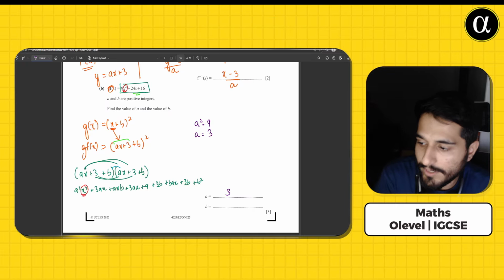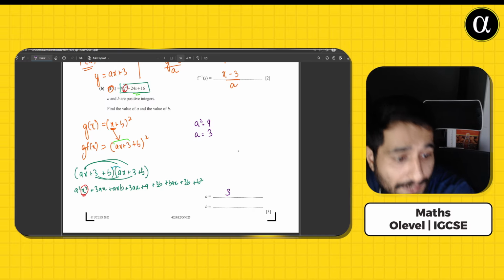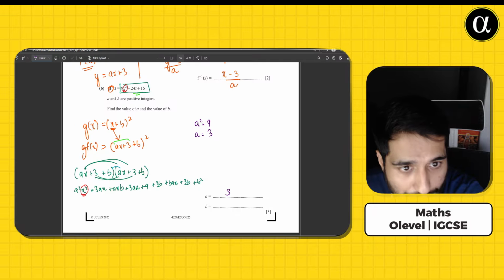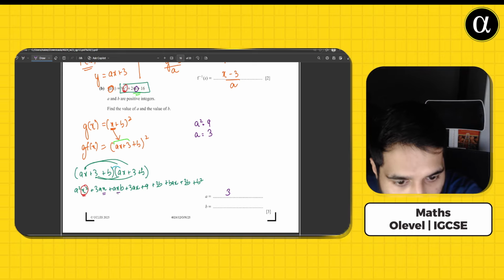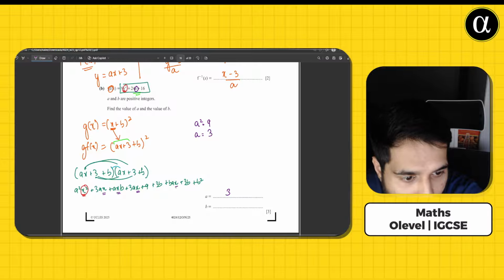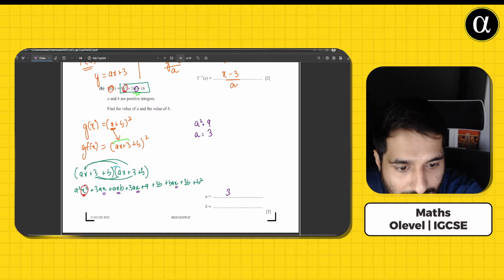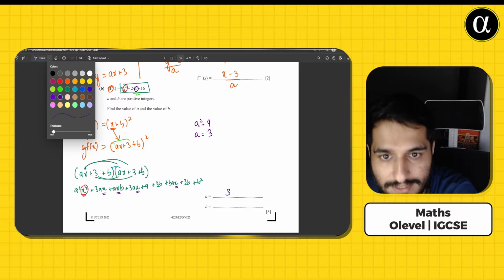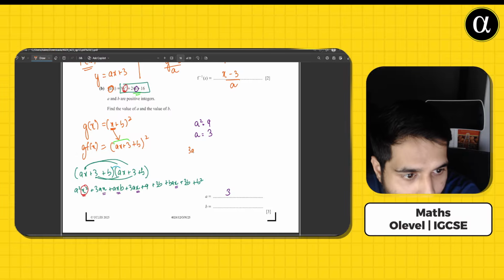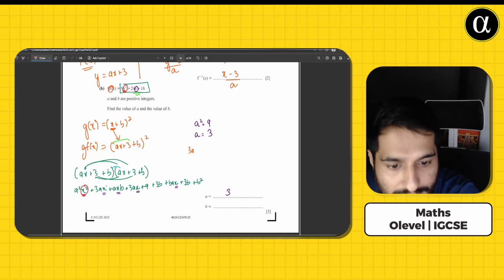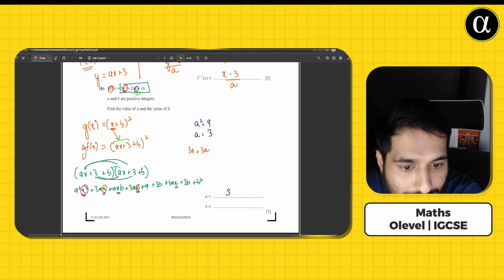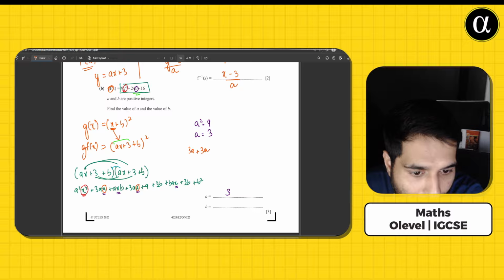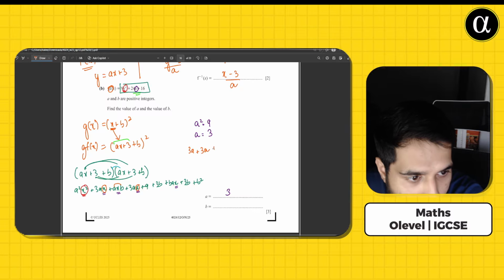Now moving on to the next part. The next part is supposed to be the value for b. How are we going to do this? Now we would compare all the values of x. What do we have as the values of x? We have this x, this x, this x, and this x. So 3ax plus 3ax would give us 6ax. So if you're comparing values of x, ignore the x over here, just add the other numbers. So 3a plus 3a, that would give us what? We add ab's with that. So plus ab,